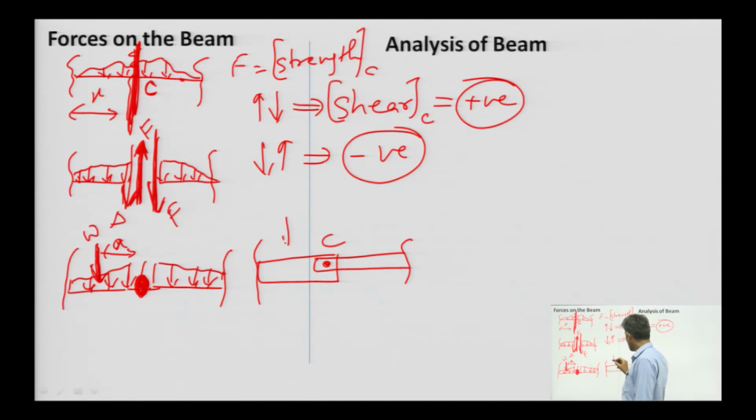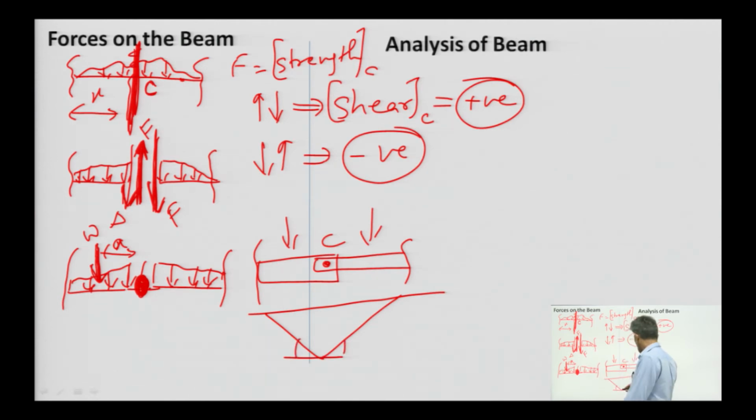So, if the load is coming in that direction, then its movement will be like this. This angle it will move in this manner. So, the total displacement in terms of angle will be this. If this angle is theta 1 and this angle is theta 2, then theta will be theta 1 plus theta 2.